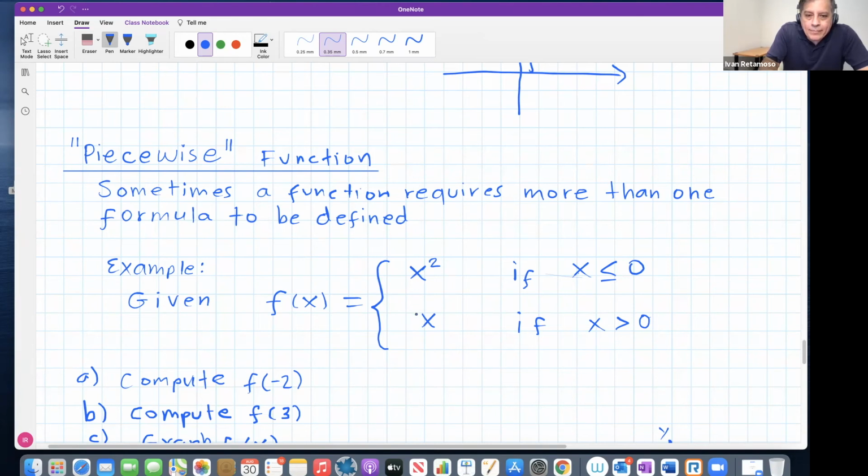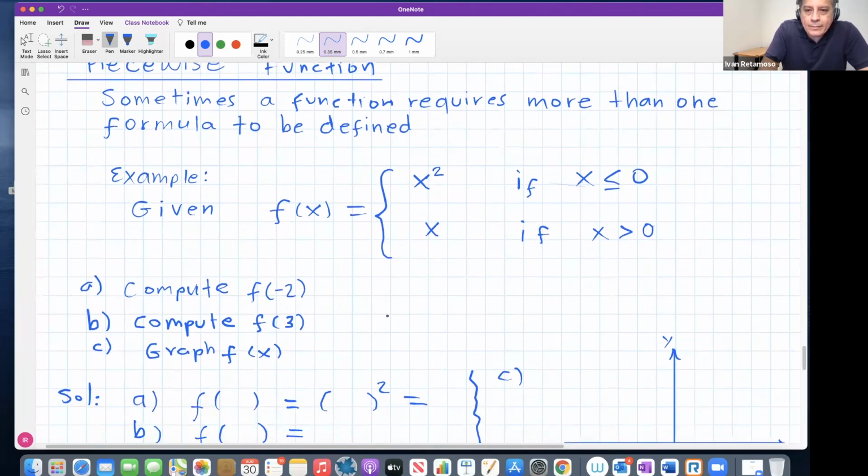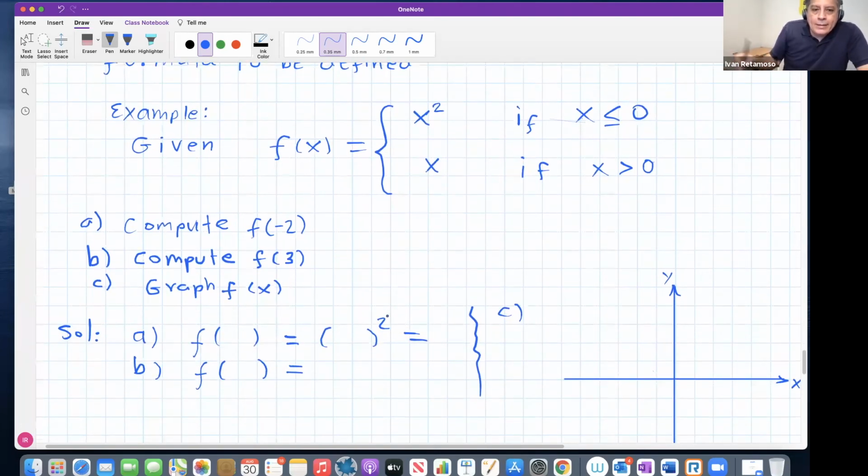Piecewise function. Now they say compute f of -2, compute f of 3, and graph your piecewise function. How do you do that? All right, first, f of -2, what is that? F of -2 is going to be,